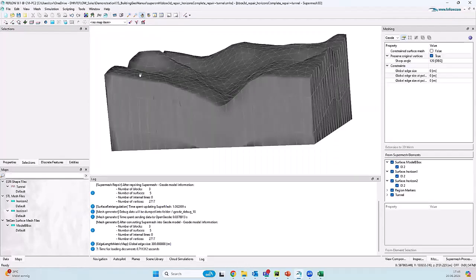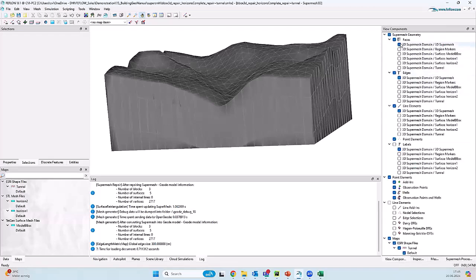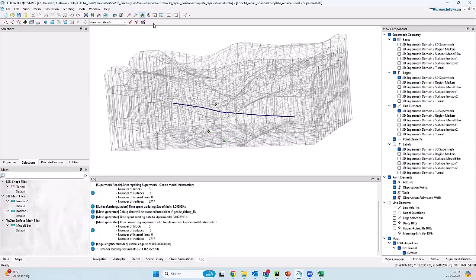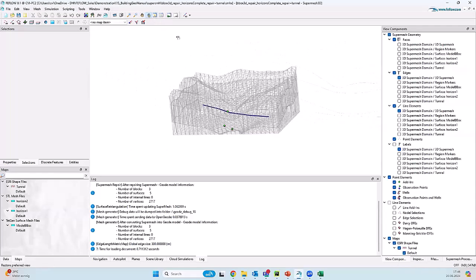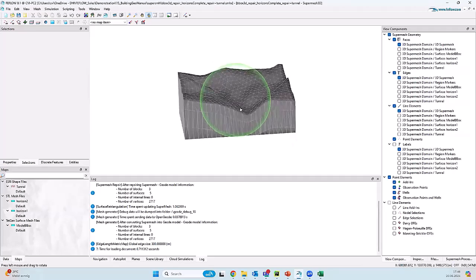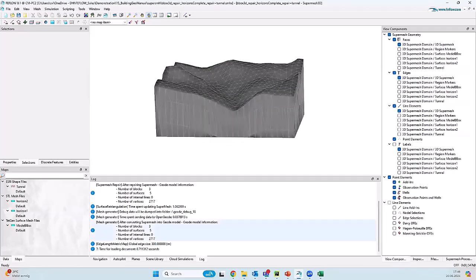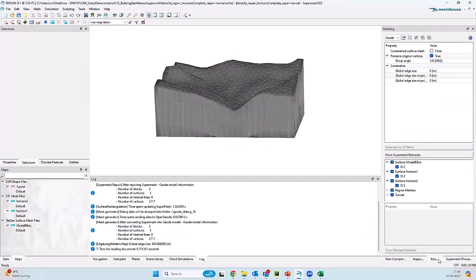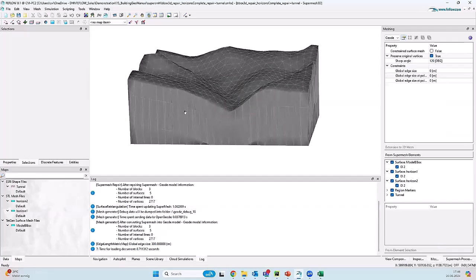So the tunnel. That's the same mesh that you see, the surface mesh, super mesh. Inside, I introduce a polyline, and if we look from the top, it will mimic that we have a tunnel in the domain. What is new in the latest version or update of FEFLOW is the possibility to create refinements along different blocks, different surfaces, and polylines and points. So if I generate a mesh from this,